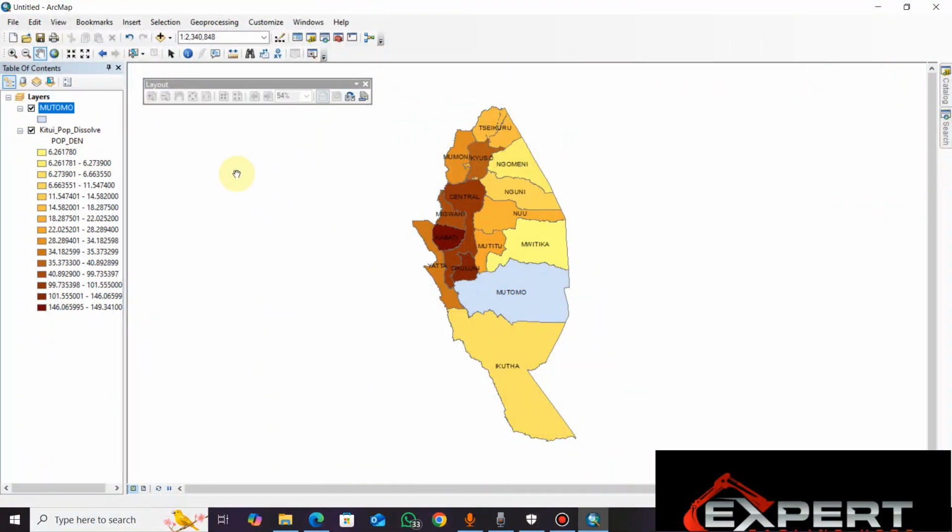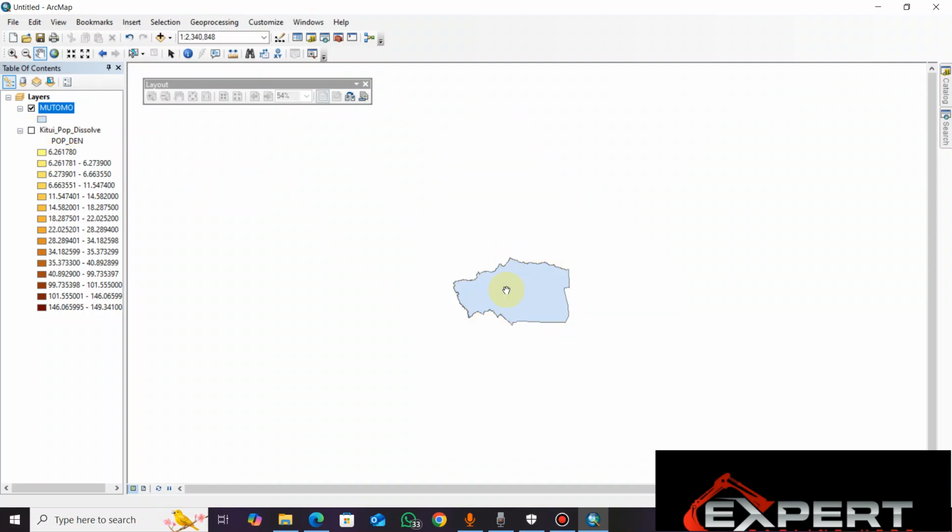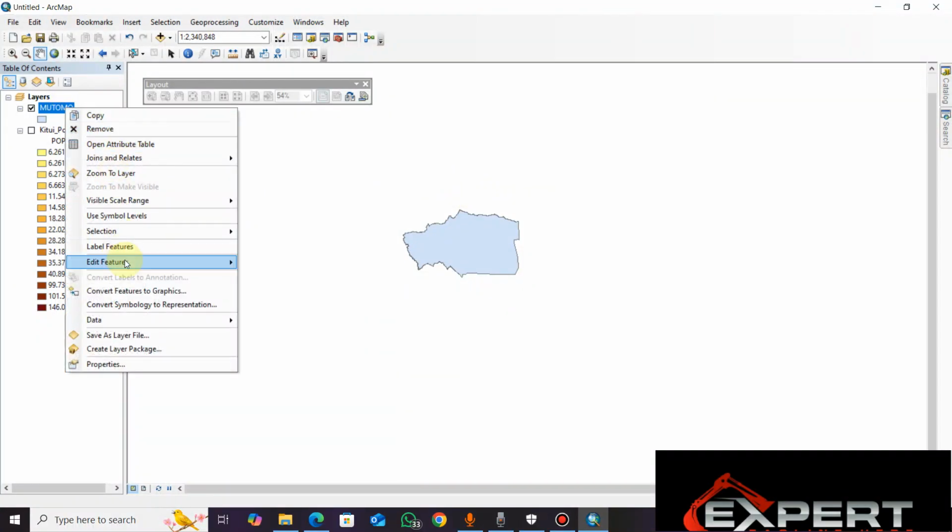So since it's Mutomo that we want, we can switch off the main layer, Kitui Pop Dissolve, and there we have the area that is extracted. But this area is blank and we want to display the population density. Since it doesn't have subdivisions, the color will change, but you won't see other places having different colors because it's one area. So just go on layer properties,